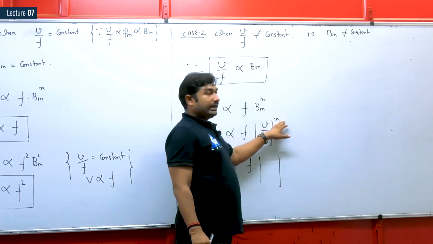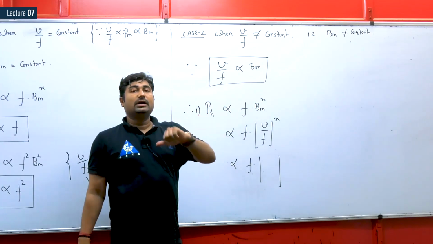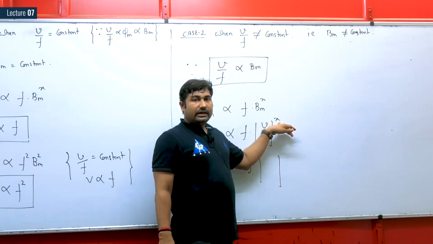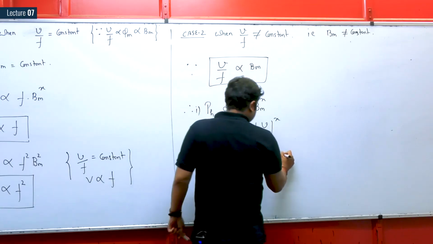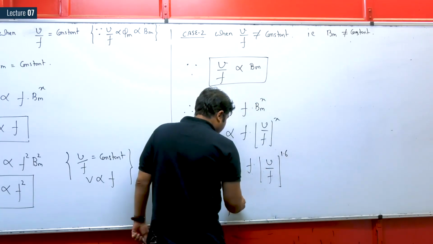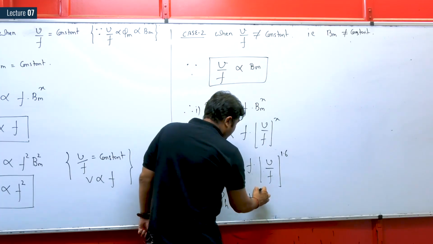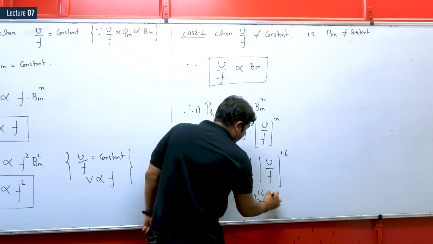However, keep in mind this x is the Steinmetz constant which is specified in the question. Maybe it is given to you as 2 or 1.5. If there is no data given for the Steinmetz constant, you can treat it as 1.6. So, (V by f) to the power 1.6. You can say hysteresis loss is now proportional to V to the power 1.6 by f to the power 0.6.